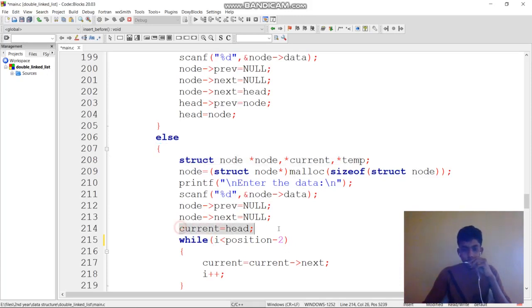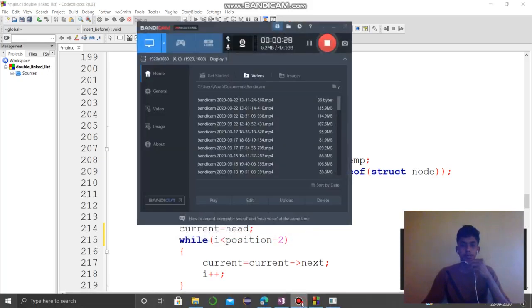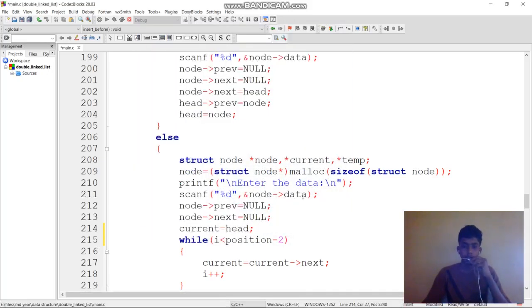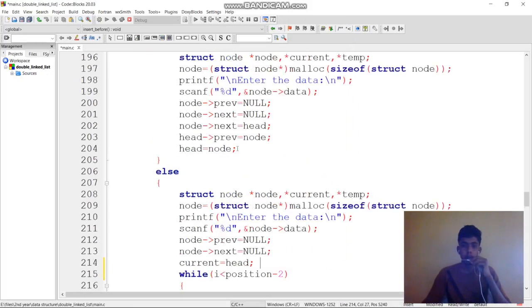Now, current equals head. I am using current equal to head, while i equals 0, up to position minus 2. Position is given by the user, so it will check the position.